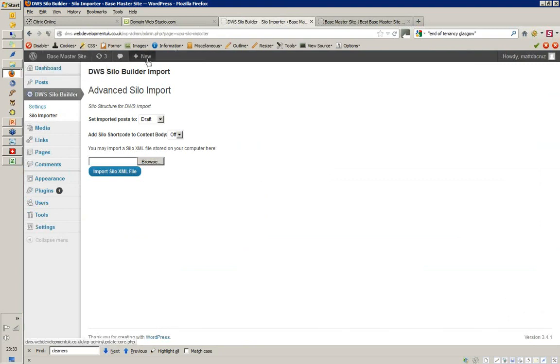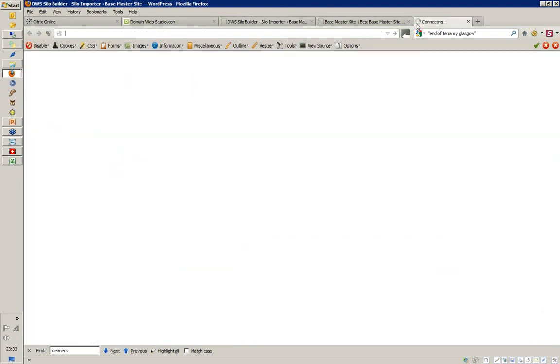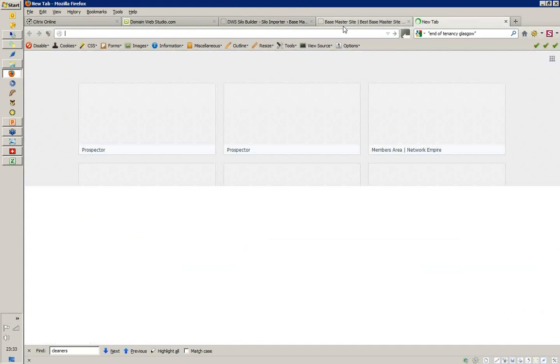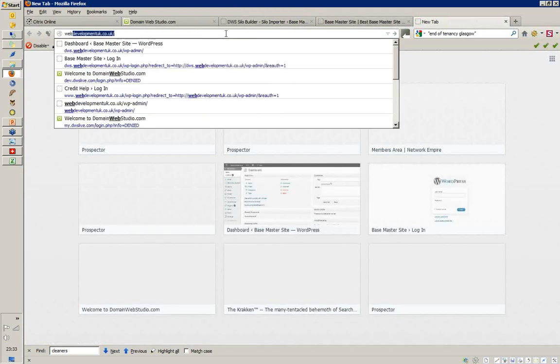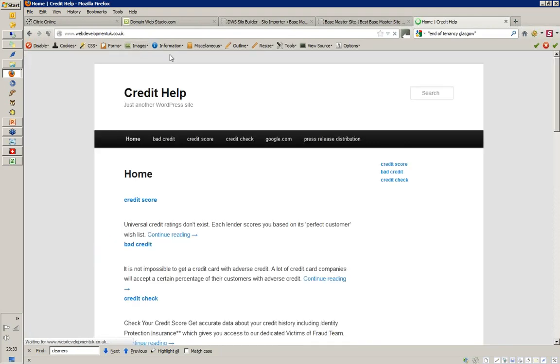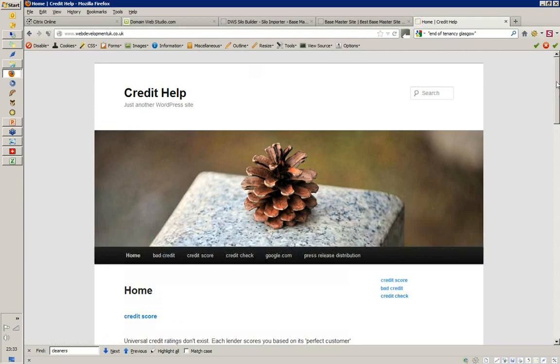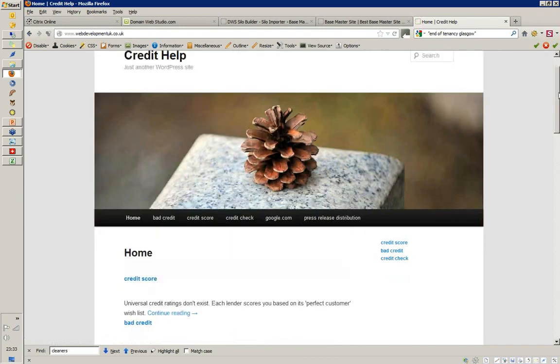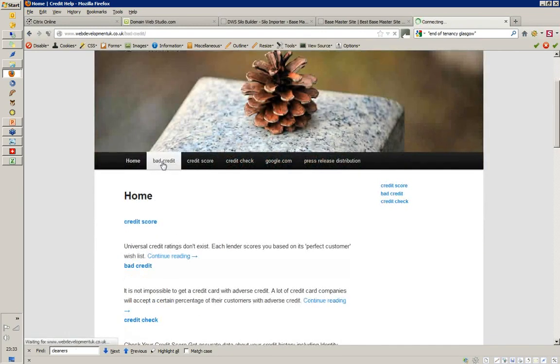An example of this, I'm just doing this for the guys who've not actually seen DWS yet. If I look at that sample website we have over here, here's a website that's been built out with the plugin. This website, if I click on bag credit, this is one of our silos. You'll take note here that you'll see